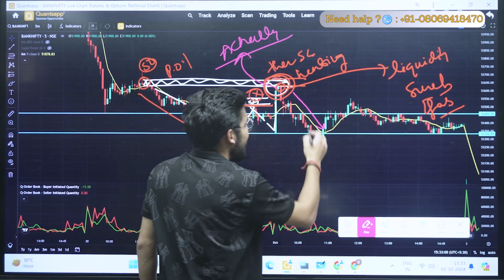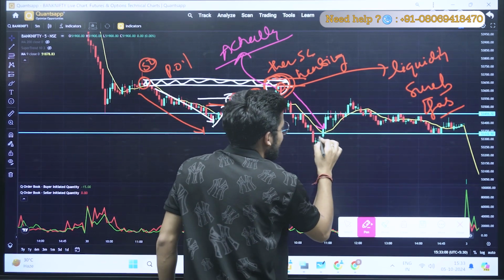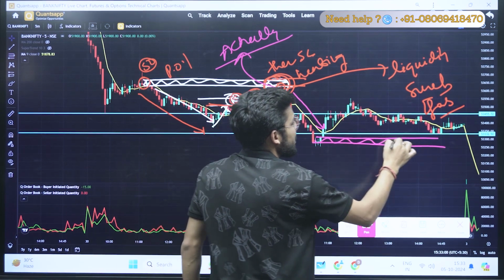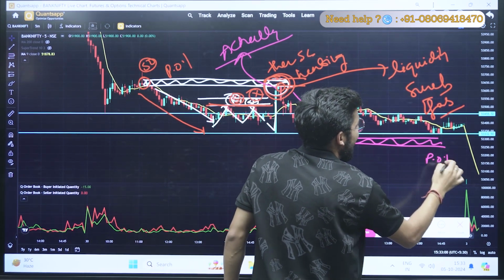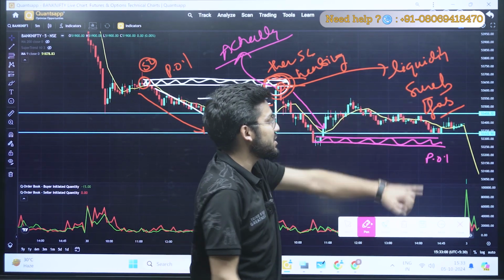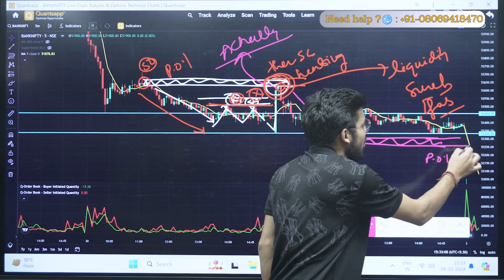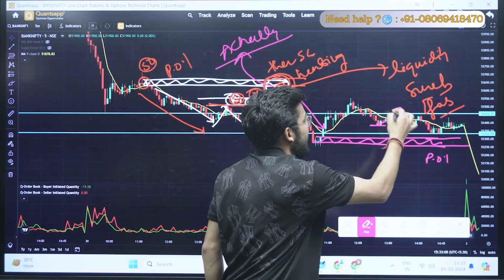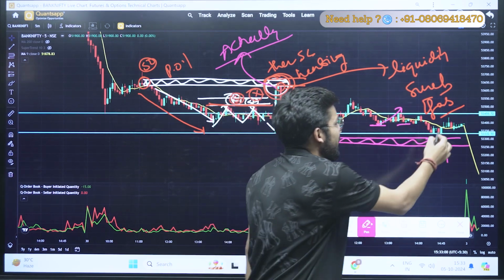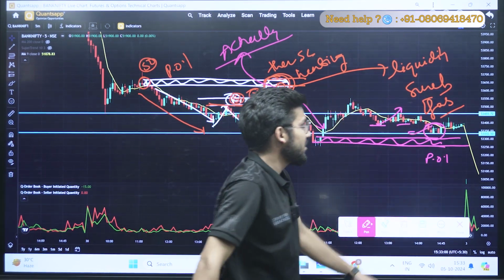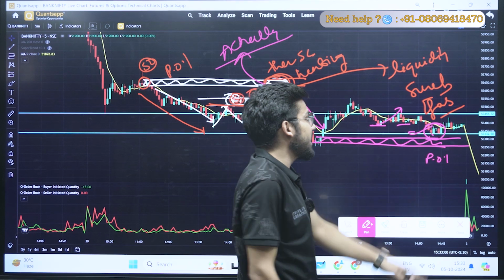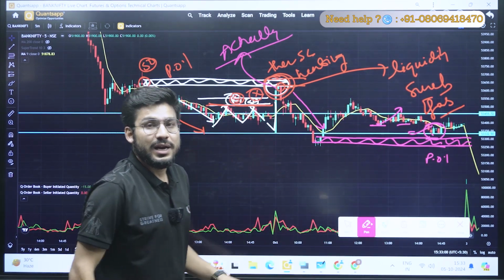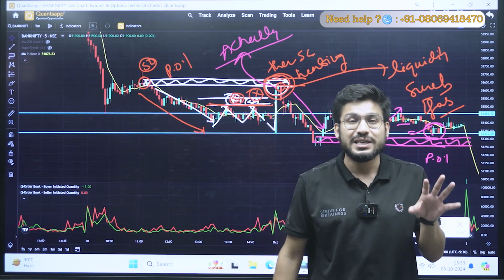Similarly, if my market went in the downward direction and this was my last candle, you can make the body of this last candle your zone. So this is your point of interest. Now I will not take my entry in the upward direction until my market reaches this level. If you had taken a bullish entry anywhere from here, your stop loss would have been hunted here, right? So you have to wait until your market reaches here, so that you are not affected by the liquidity grab and liquidity sweep.